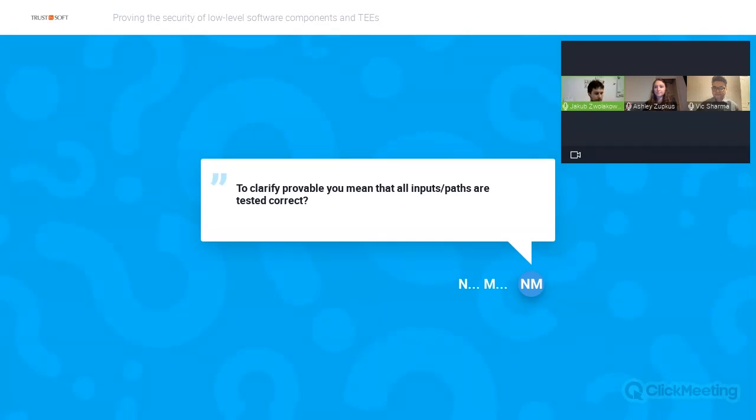So the concept of the analysis perimeter is important here, as I have shown before, to the notion of all inputs or paths. So I decide which kind of inputs or paths I want to test.